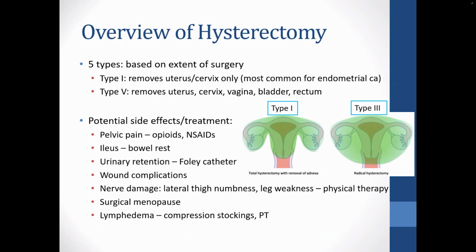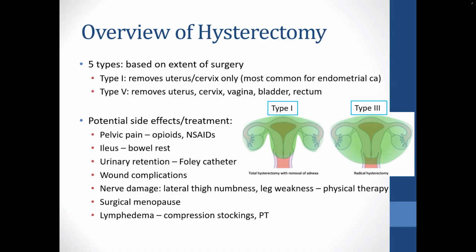The most aggressive type of hysterectomy is a type 5 hysterectomy, also called a total exenteration. This is where not only are the uterus and cervix removed, but the vagina, bladder, and rectum as well. And that will obviously require a colostomy and urinary diversion. Type 5 hysterectomies are not commonly performed for GYN cancers, but type 1, as I mentioned, is the most common